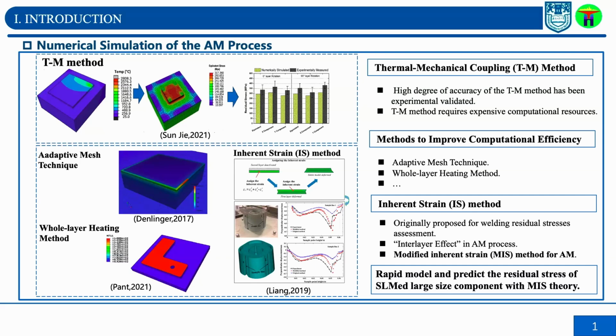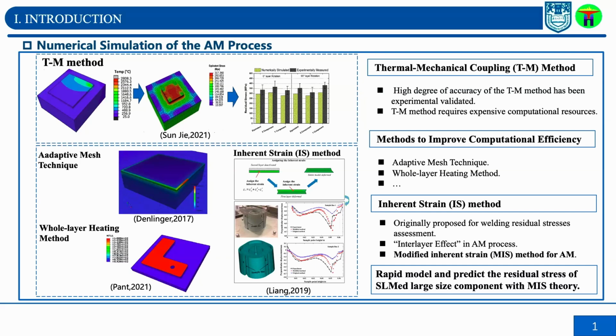So when we apply the original inherent strain method to the AM process, we cannot get a satisfactory result. So some researchers proposed to modify the inherent strain method, and this study is aimed to rapidly model and predict the residual stress of the large size component